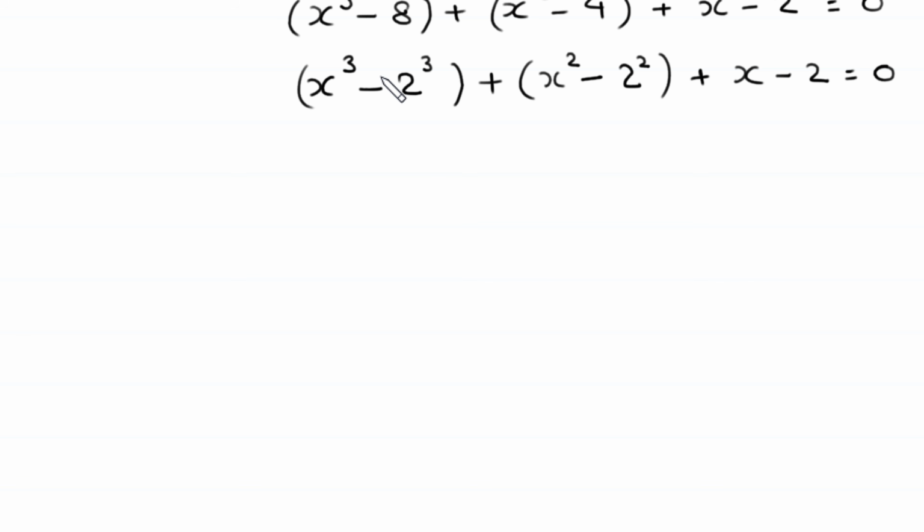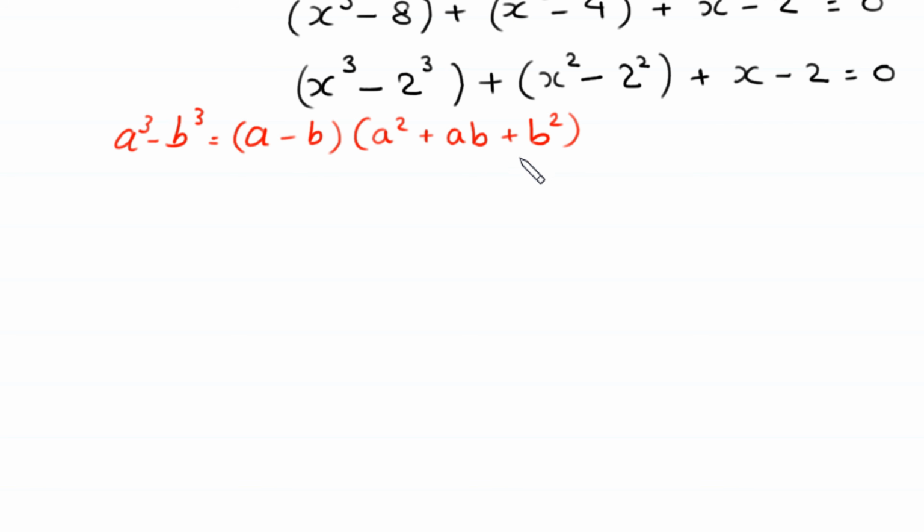Now here we have difference of 2 cubes. So by using this algebraic identity, a cubed minus b cubed is equal to a minus b times a squared plus ab plus b squared, this x cubed minus 2 cubed will become x minus 2